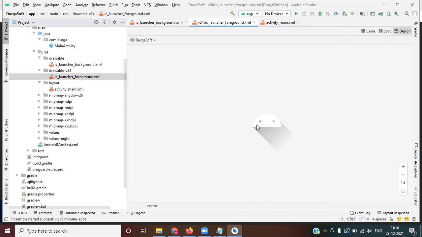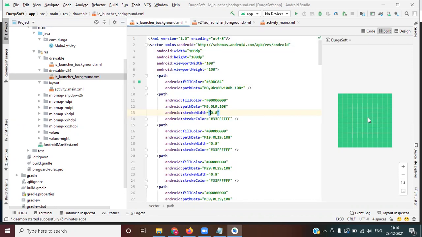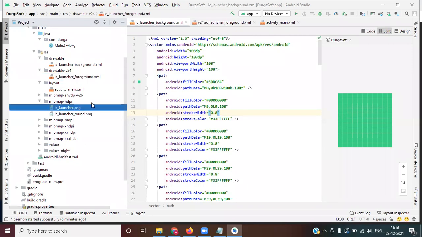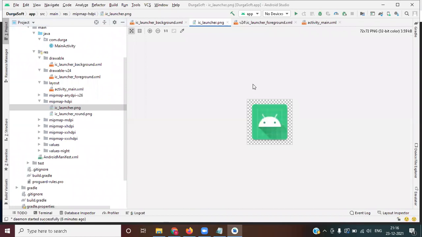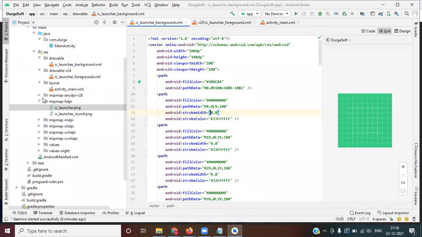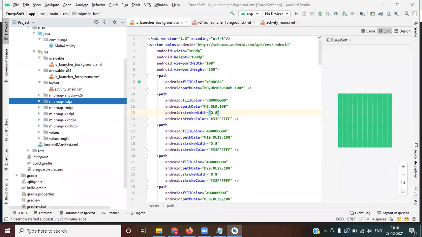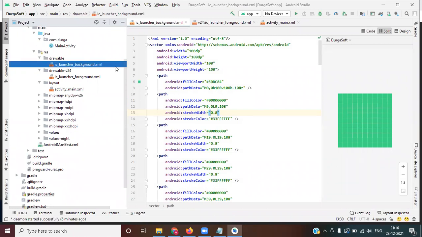So this is Android foreground, this is background. The output of this one, if you see, is the same, right? A combination of foreground plus background together makes an image. Here, whatever they have written like an XML, this is called a 9-patch image. What is this 9-patch image?